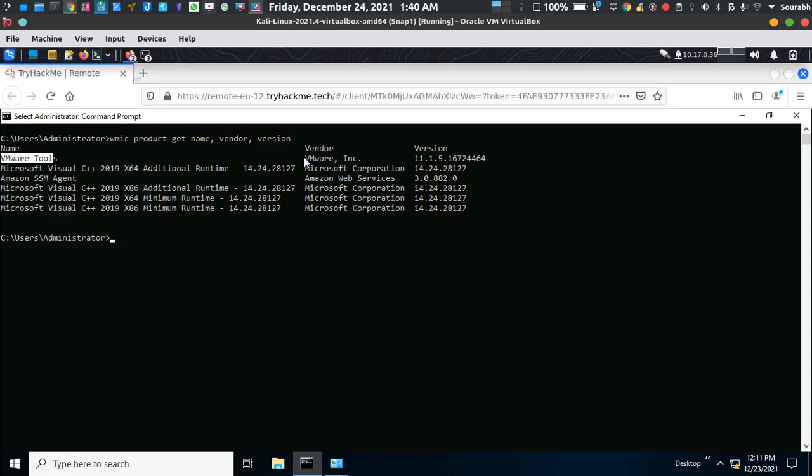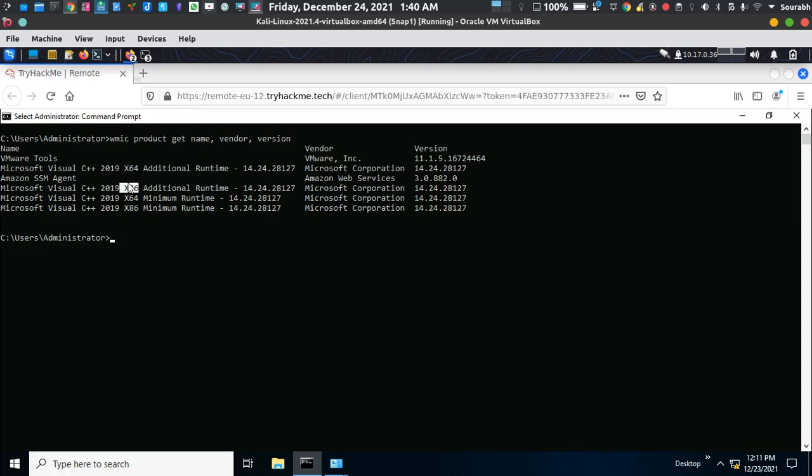Yeah, there are plenty of applications which are installed on my computer. It's going to prompt you the name and the bit process also. The name is prompted in this manner: Microsoft Visual C++, Microsoft Visual, and Amazon SSM Agent, etc. And the bit process also, which architecture it is based on, whether it is a 64 one or a 32 one: x64 for 64-bit architecture, x86 for 32-bit architecture.